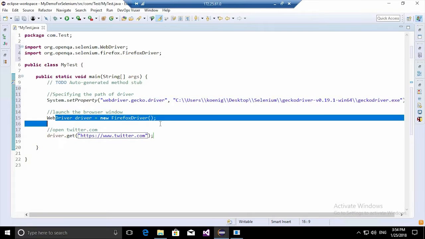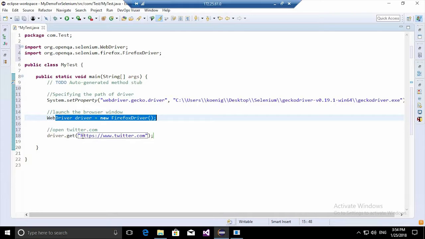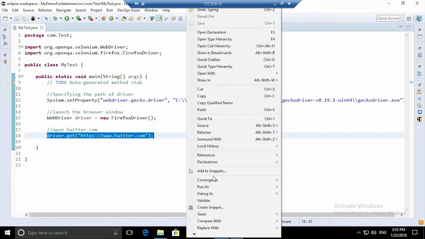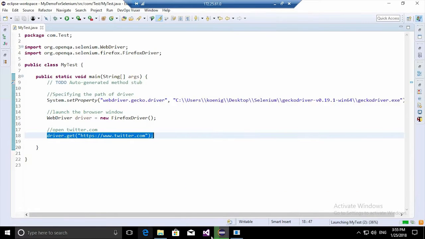The next line is to open up the Firefox driver, and the last line is to open up twitter.com in the Firefox driver. You can save it and run it. To run the test, you need to right click here, go to Run as Java Application. So right now no browser is opened up, but in a little while you would see the browser opening, and that too Firefox browser opening, and then it will open up twitter.com.